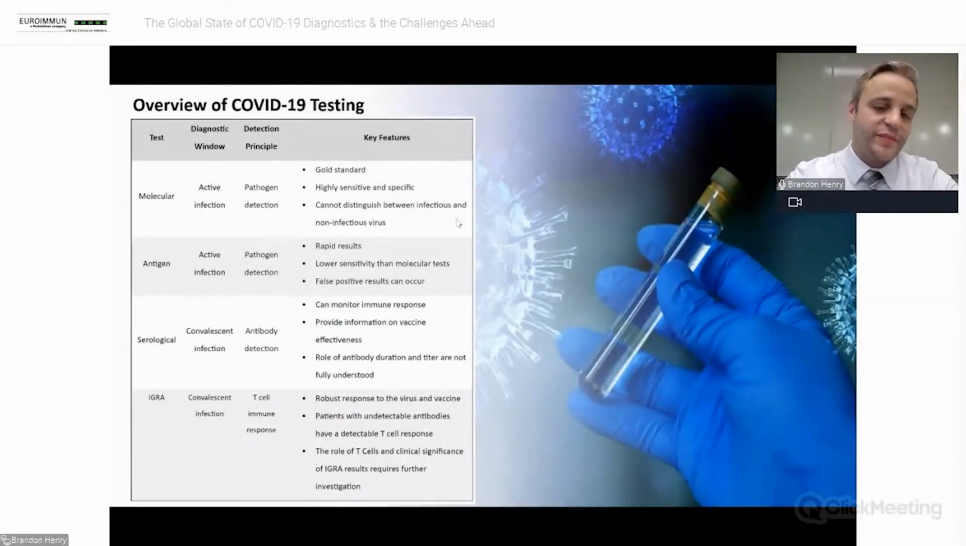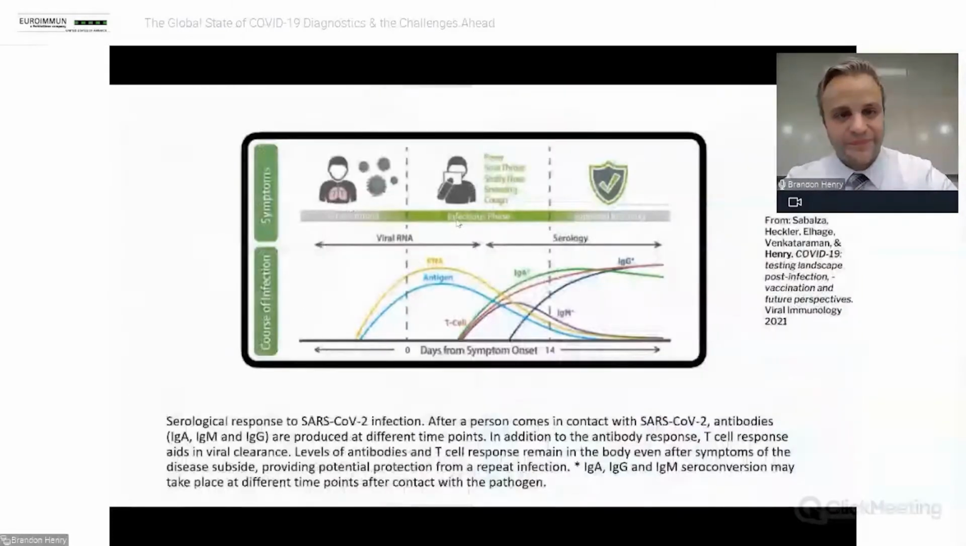Robust responses by T-cells have been reported to both viral infection and the vaccine. And patients with undetectable antibodies often do have a detectable T-cell response. However, the role of T-cells and the clinical significance of these tests require further investigation. So here we can see an outline of the serological response